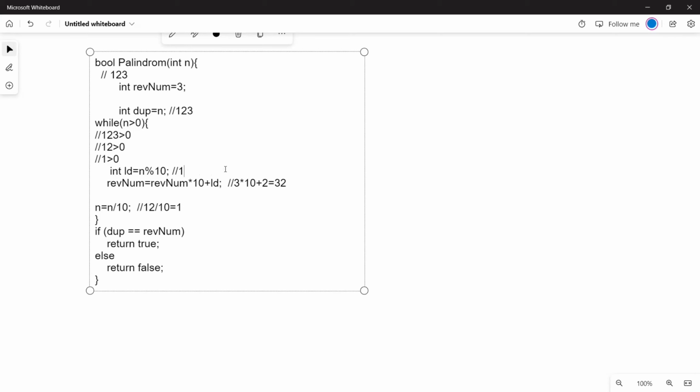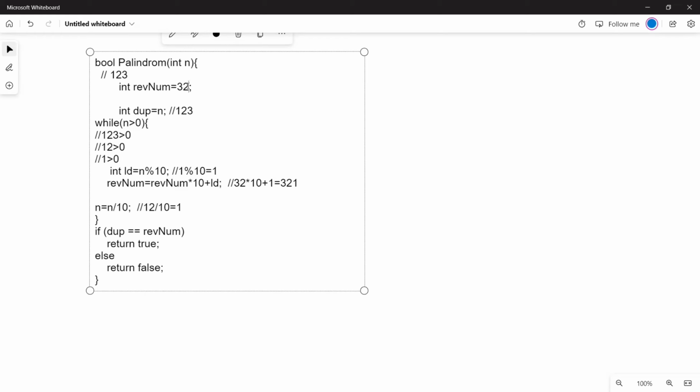So we perform the operation. 1 modulo 10, we get 1. Again we calculate the reverse number. Reverse num is 32, so 32 into 10 plus 1 is equal to 321.